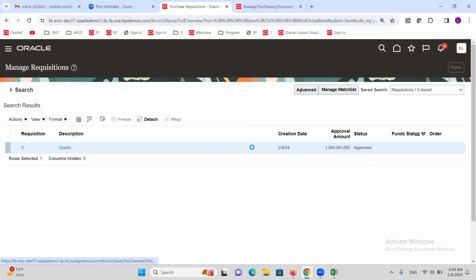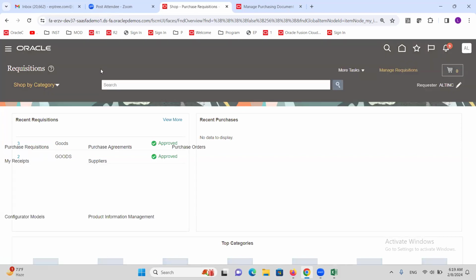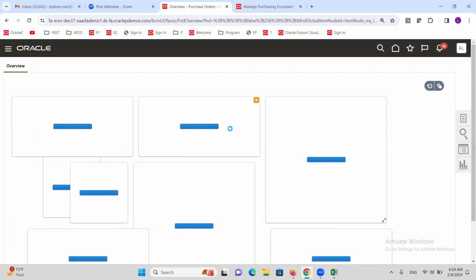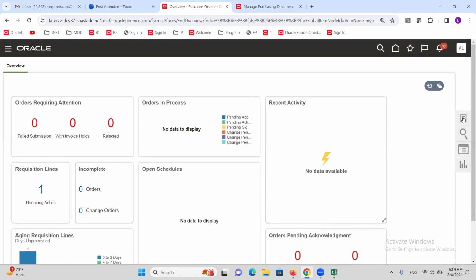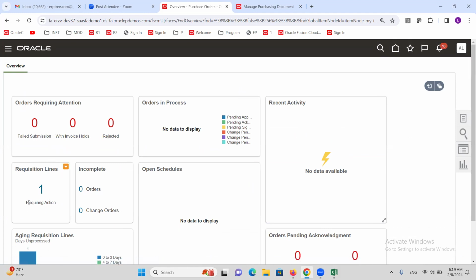Done. Now we can convert this requisition into a purchase order. To create the purchase order based on this requisition, go to purchase orders. In procurement, go to purchase orders. Go to task list. Here you could see requisition lines 1, requiring attention. It means one requisition line, nothing but a requisition, is available which can be converted into a purchase order. Which is already approved. Approved requisitions information you can see in this dashboard. Now go to task list,